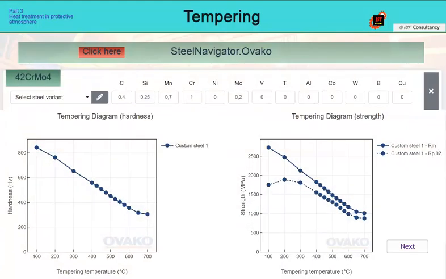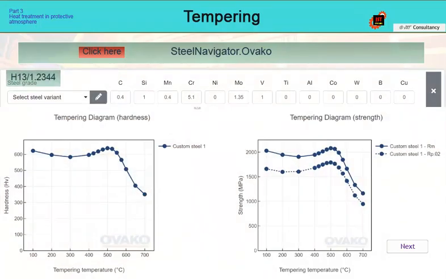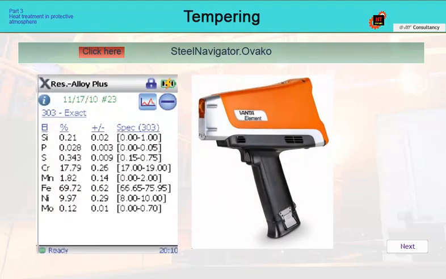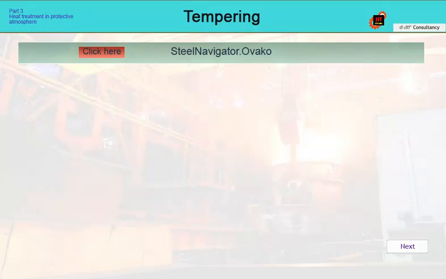The same procedure will be for 42 chromium molybdenum 4 steel, or for H13 or 1.2344 steel. The application gives us the option of entering either standardized average values of the content of individual alloying elements or directly entering the values that we have measured, for example, with a hand X-ray spectrometer. In that case, we will get values corresponding directly to the chemical composition of the steel that we have available. The calculation results are in good agreement with published data for the given material and are sufficient for basic orientation